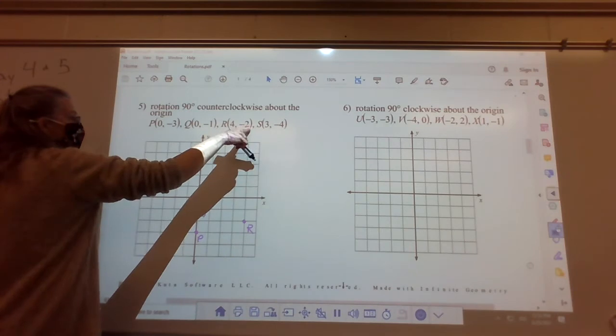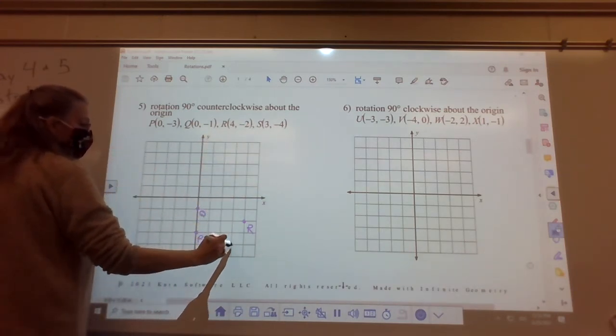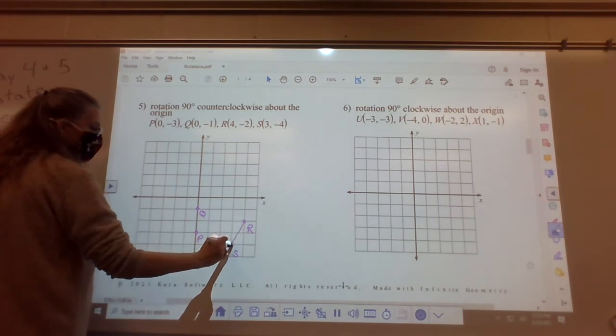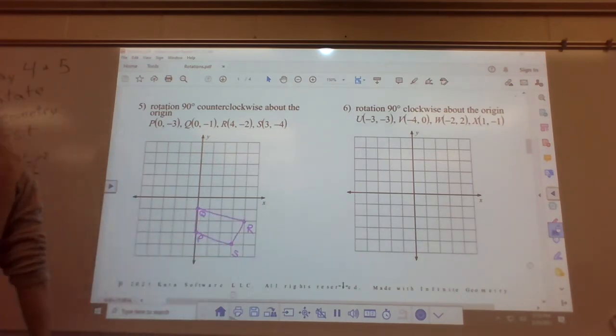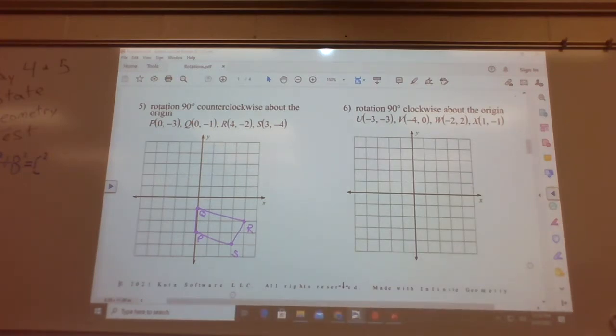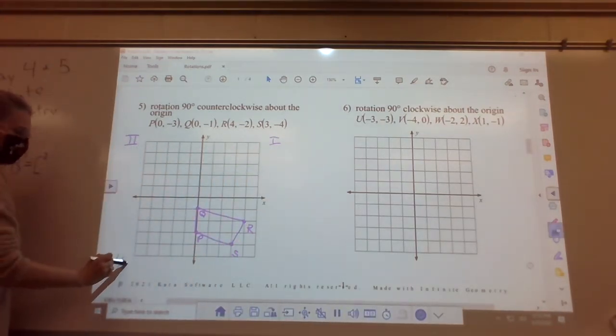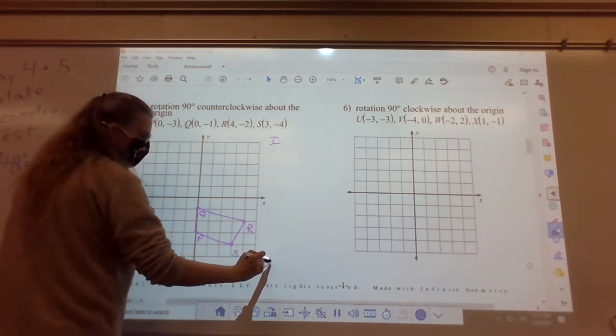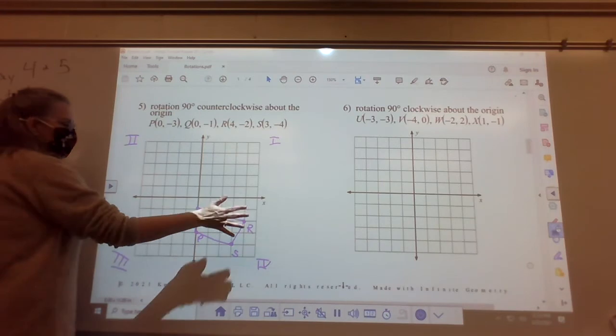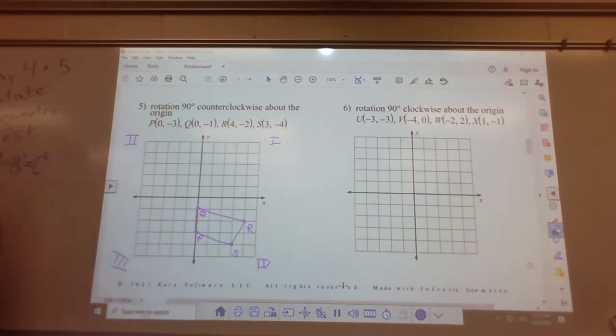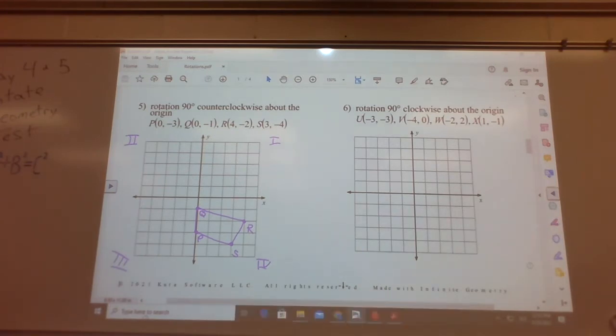There's my R. S, 3, -4, 3, down 4. There's my S. So there's my quadrilateral. Some random four-sided figure. And right now, this four-sided figure is basically in quadrant 4. Yeah, there's a couple things on an axis, but we're looking at quadrant 4. That's where it's sitting. So if it's in quadrant 4, and I'm trying to go 90 degrees counterclockwise, it's going